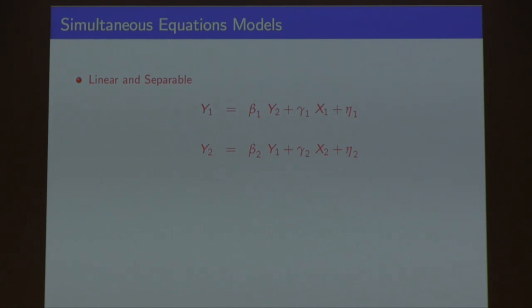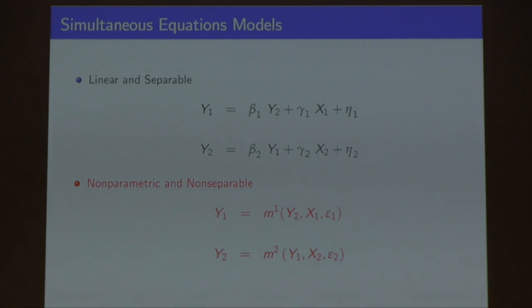Now we can consider more complicated models, simultaneous equation models. In simultaneous equation models, we have y1 is affected by y2, and we're assuming that the y's and the x's are observed, the etas are unobserved, and the betas and gammas are fixed parameters. In the linear model, this is a standard specification of a simultaneous equation model, a textbook example. Now, the non-parametric, non-separable version would be this one.